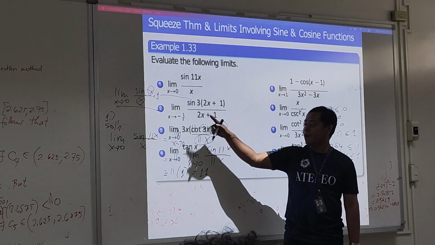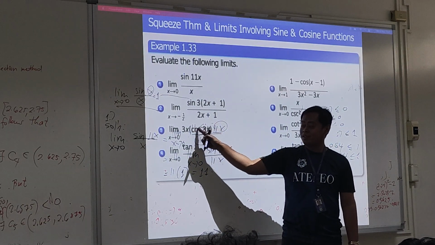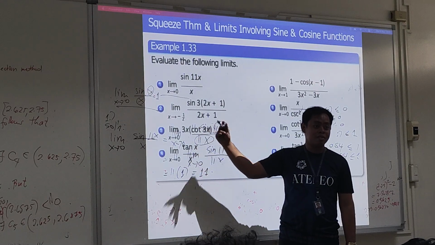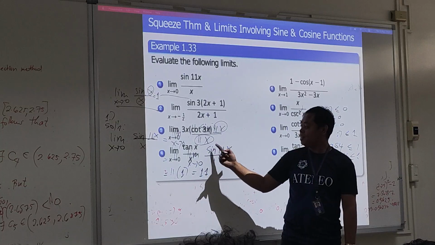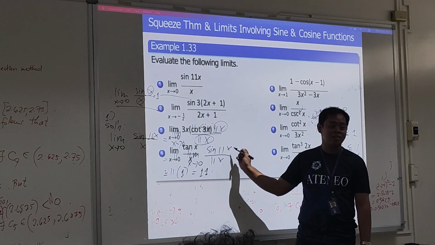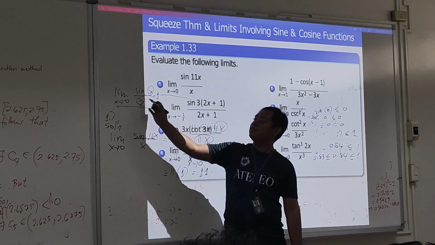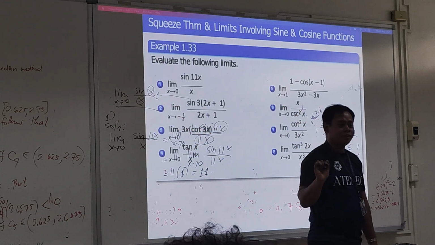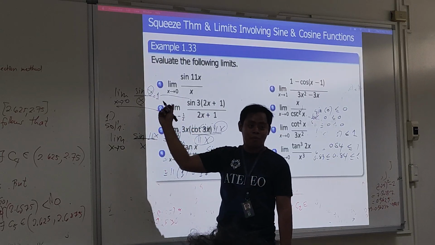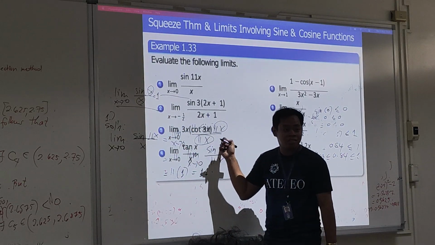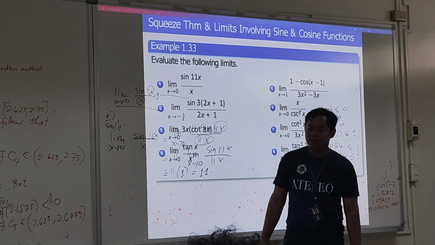So 11 in the numerator, 11 in the denominator. And since 11 here is just a constant, it does not matter to the limit, so we take it out. The output is the same as your denominator. Taking the limit of that one by this result, it's just 1. In particular, this is in general now: it is general for x, so x can be 11x or another quantity. Okay?